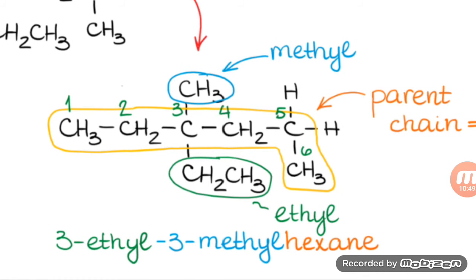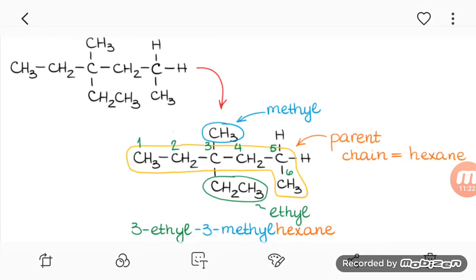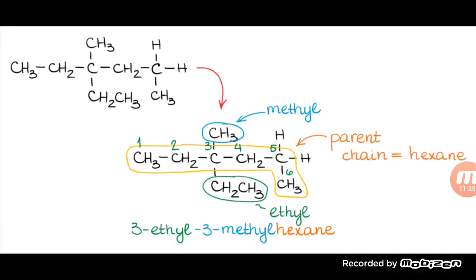I have written ethyl before methyl. Why? I could have written 3-methyl 3-ethyl. I have written 3-ethyl because E comes before M alphabetically. So you have to see the alphabetical order as well, because you know ABC, right? A to Z, you know. You have read it in nursery class or Montessori. So in 3-ethyl 3-methyl, and if there was any butyl group, then I would have written 3-butyl 3-ethyl, like that. So ABC matters here in chemistry too.